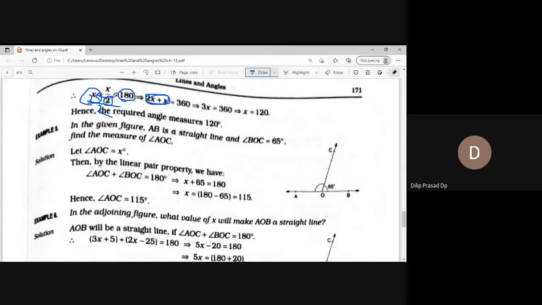Yes or no? Now what will we do in the next step? We will take this 2 to the other side. If you take that 2 to the other side, it will be multiplied with 180. I am also showing this, one minute. Just a minute. Are you able